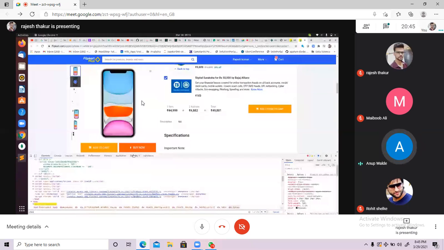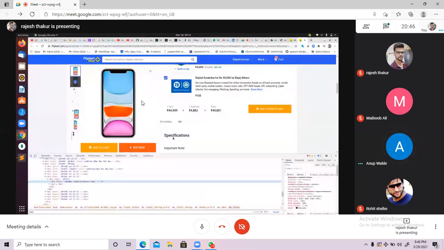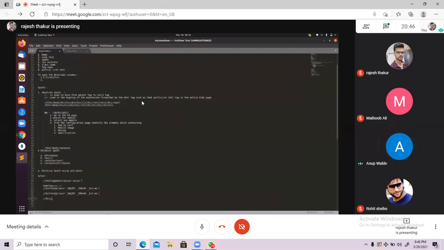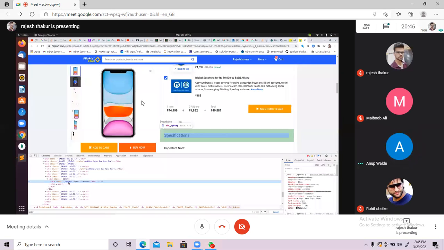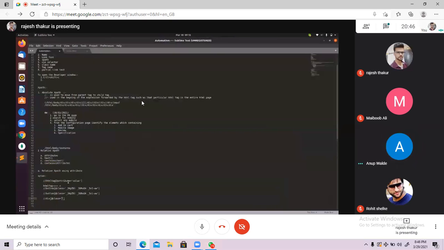And then attribute. What is the attribute? Class. You can take many attributes, but right now there is only one, class. So @class equal to value. The value is this one. Copy this value and paste it here.